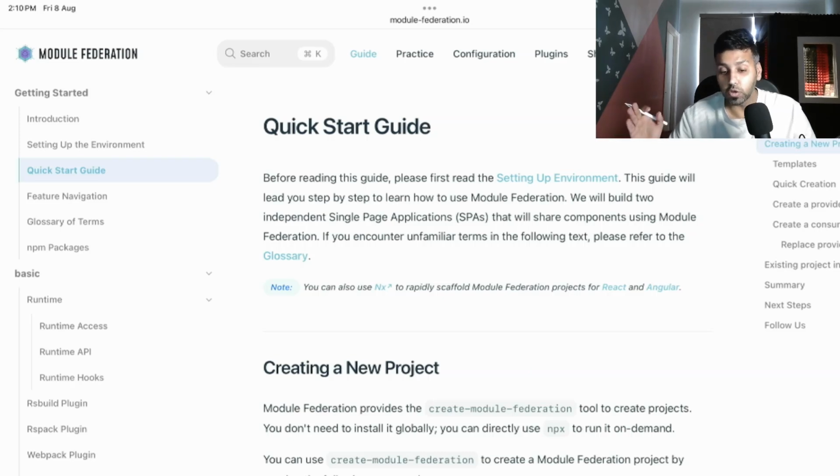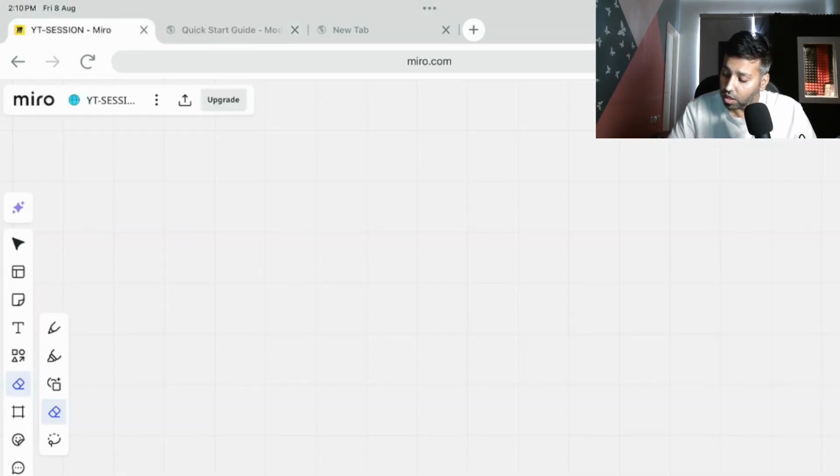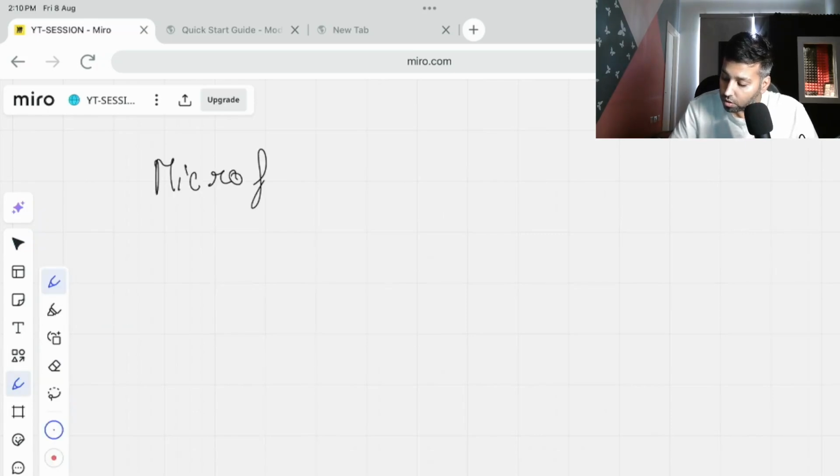We will create two projects. One would be the app shell, one would be your remote app, right? The remote app will be the shared header which will be called inside your parent application. I will tell you each and every single thing. So let's take an example. Just so, what are we going to cover? Okay, micro front-end